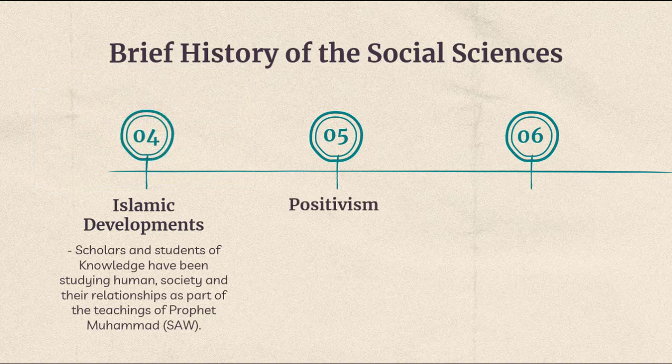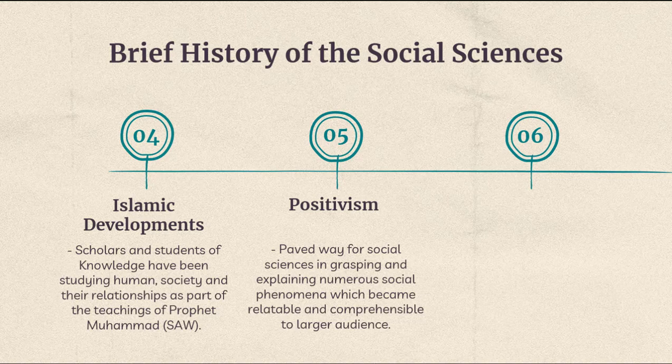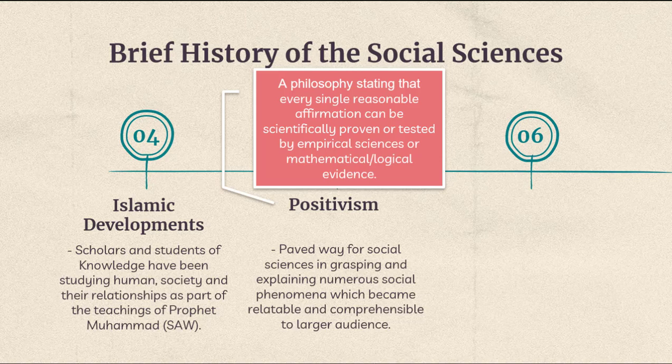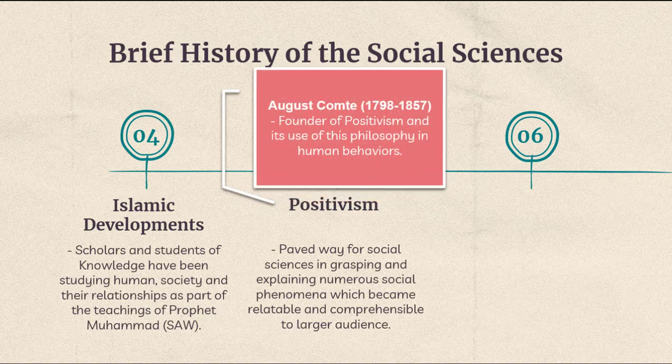The time of positivism. Positivism is a philosophy that believes that every single reasonable affirmation can be scientifically proven or tested by empirical sciences or is capable of mathematical or logical evidence. This philosophical theory is guiding social sciences in grasping and explaining numerous social phenomena through systematic observations, critical analyses, and interpretations of social facts found among the people living in a specific society, such as interpersonal relationships and human activities. It is Auguste Comte who founded positivism and the one who foreshadowed the use of this philosophy in studying human